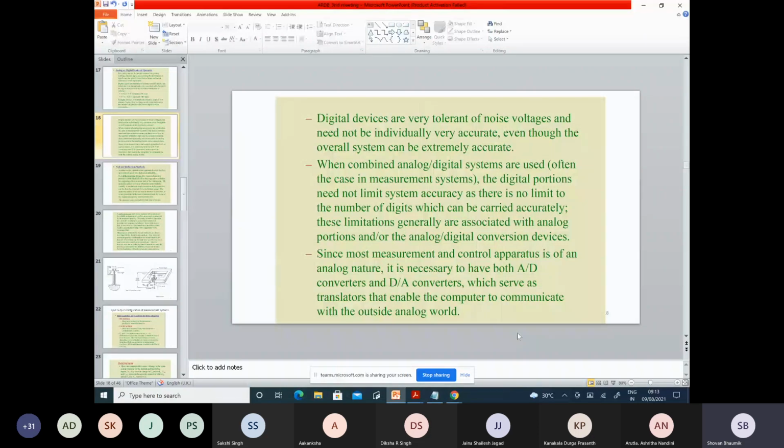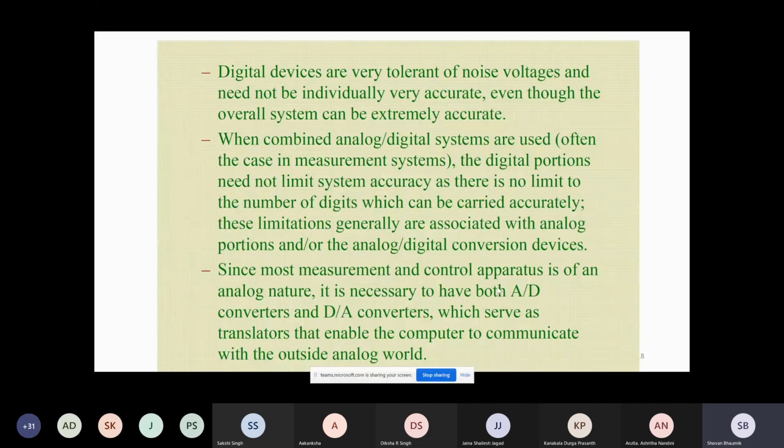And when you transfer from analog to digital, there may be some error associated with it. But if you work with a digital system, no transformation is required. You directly interface with the computer, maybe using the parallel port, or maybe using any data grabbing system. Nowadays all the controllers and everything are written in the computer, so you need to interface all the measurement devices with the computer, and when you interface, the digital system is more user friendly and easier to interface.